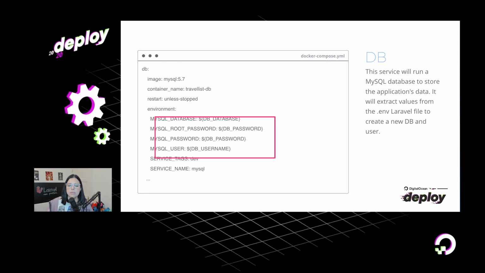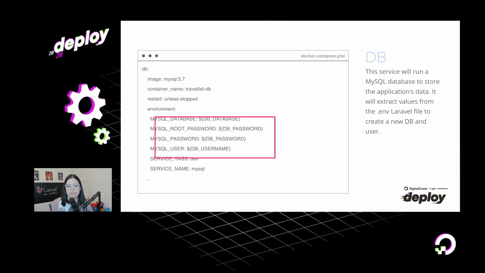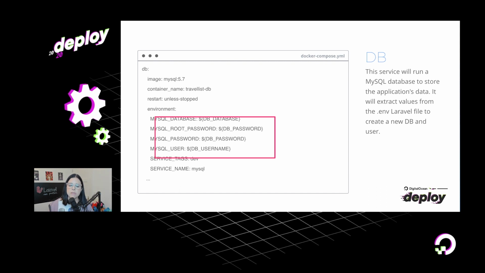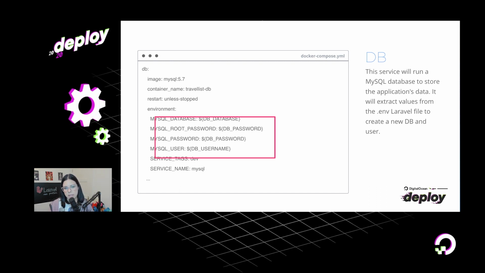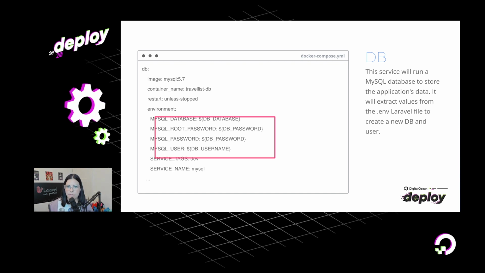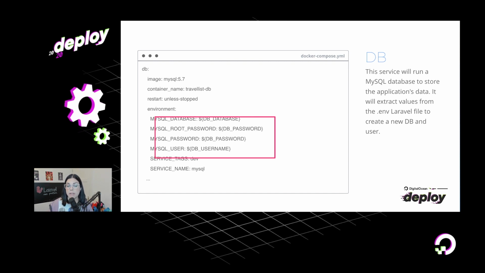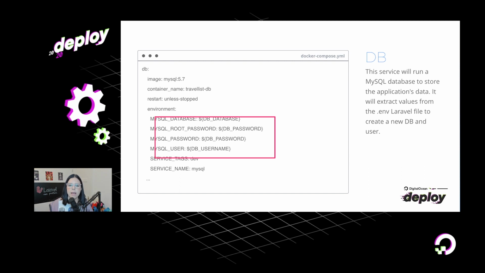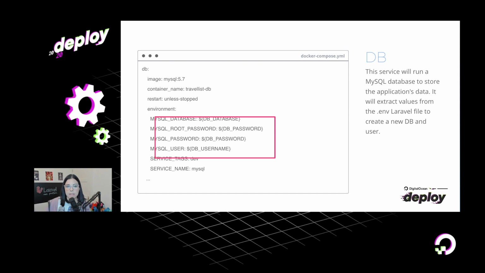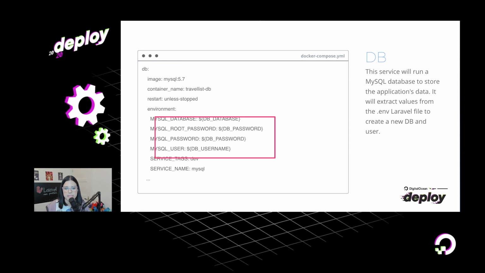Because this image has a few different features, the MySQL image also has this feature that if you define certain environment variables, it will create a database for you. In this case, these values are coming from the .env Laravel file that every Laravel application has, so now we are pulling from there. You just need to edit one place, which is the .env file from Laravel, and it's going to be pulled automatically on your setup.